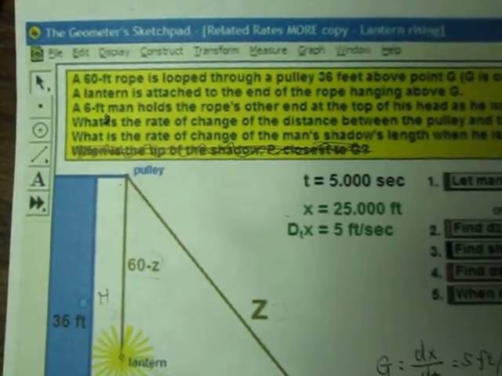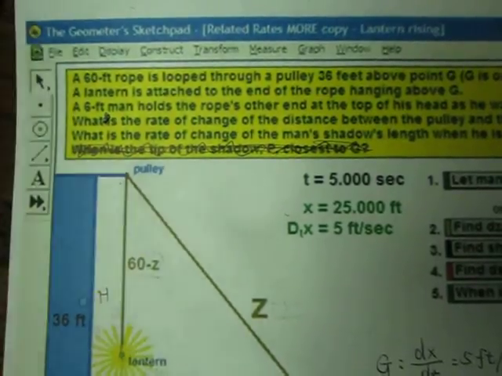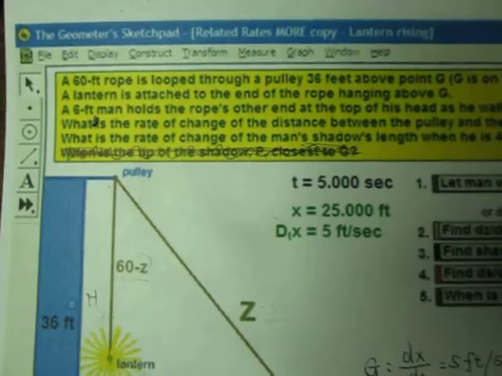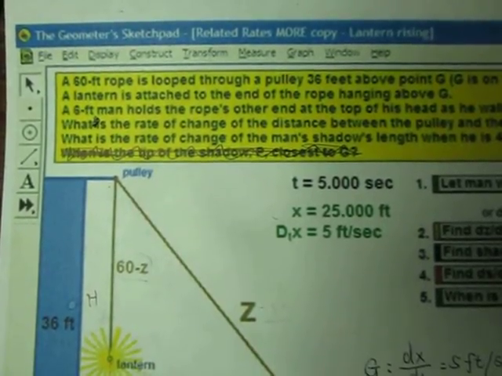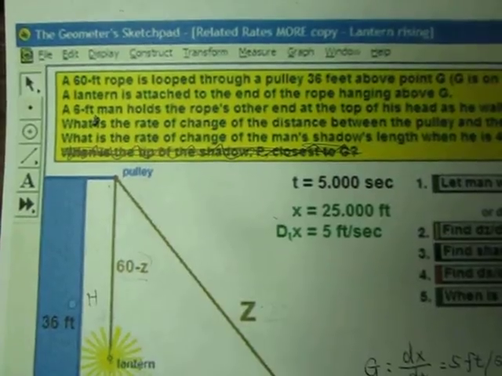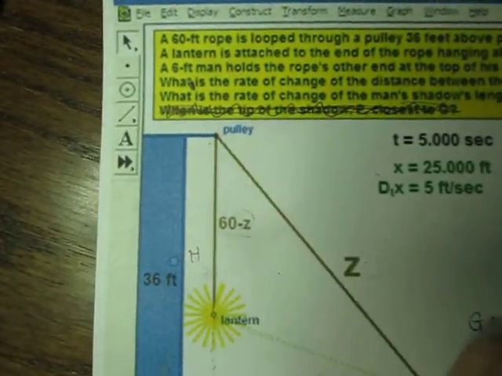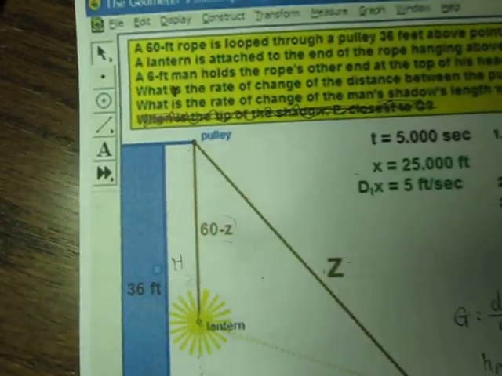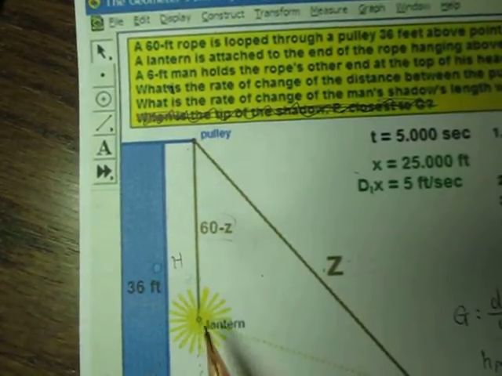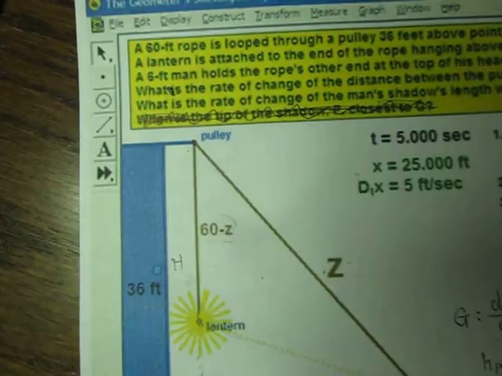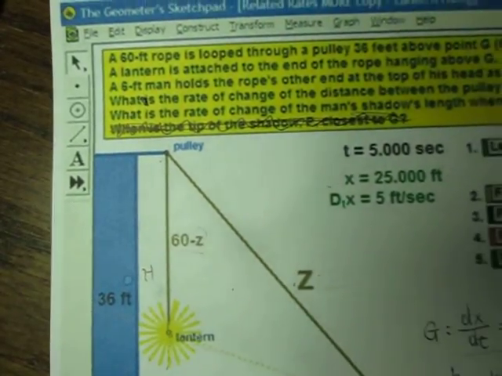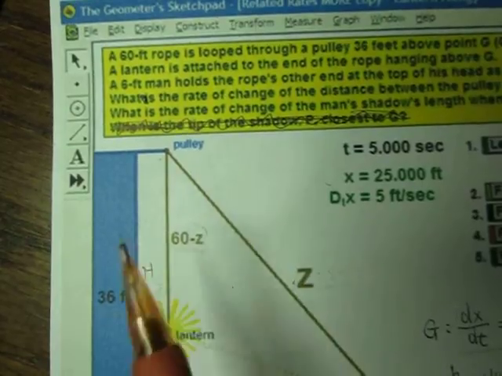So the question is, a 60 feet rope is looped through a pulley, 36 feet above the point G. So the height of that one is 36, and a lantern is here, and that is held by the rope, and another end